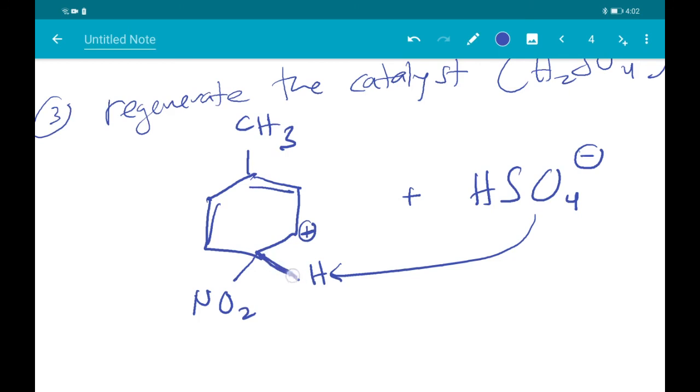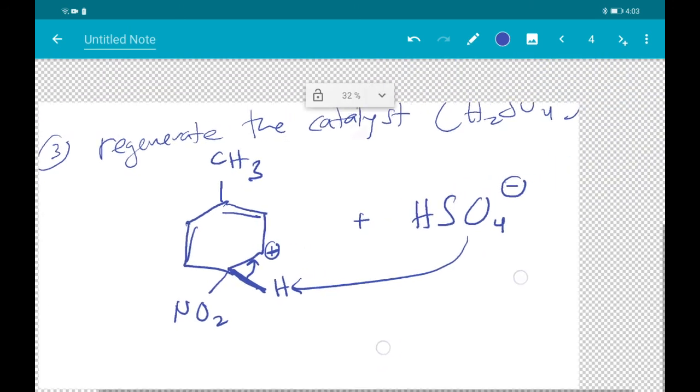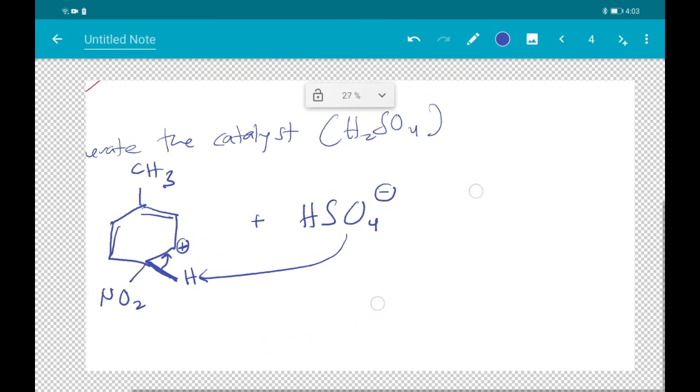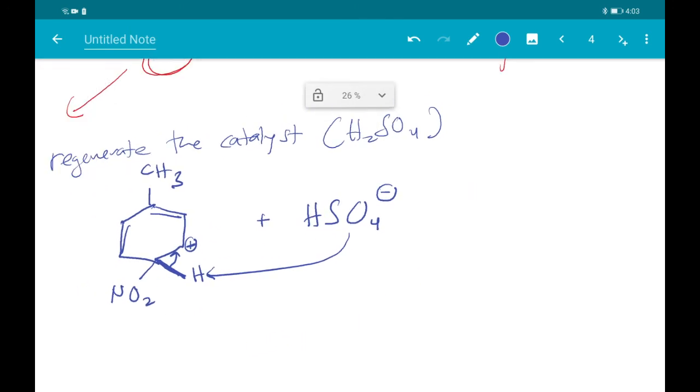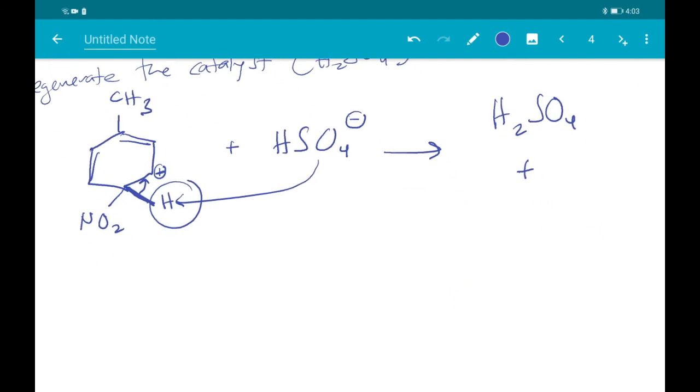So the bonding between the carbon and also the hydrogen will be attracted to the positive charge. So when the sulfuric acid has taken the hydrogen, the compound we are going to produce is H2SO4, which is the initial catalyst,